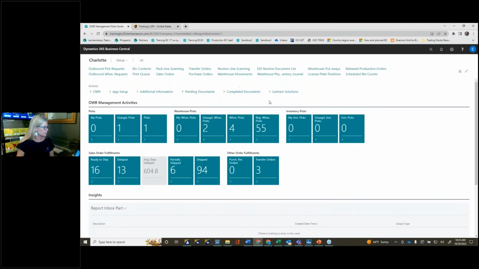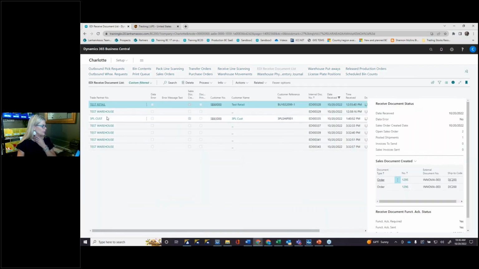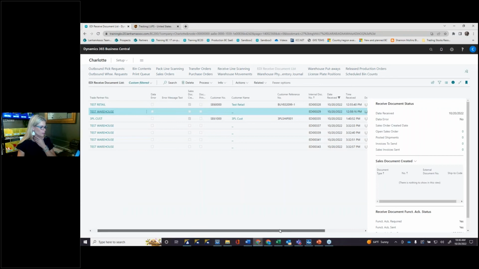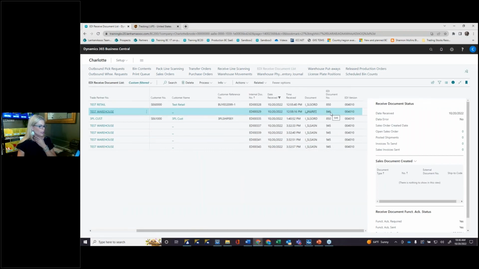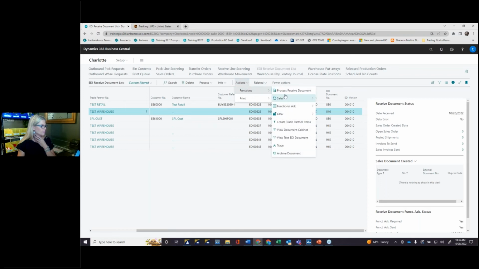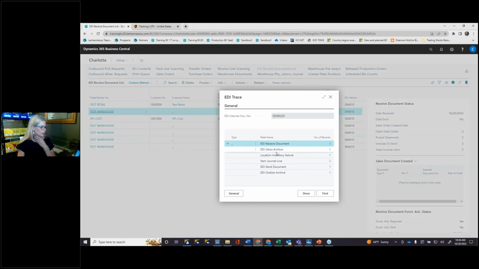And the last thing I want to show, because I did want to stress keeping inventory in sync across 2 different ERPs. So my Business Central ERP system, and then my 3PL's ERP system, whichever system they're using. As long as we're able to trade back and forth, we can keep inventory in sync. So if I go back to my received documents, earlier I received an 846. And so they made some sort of adjustment. So from here, I can trace, and I can see that it